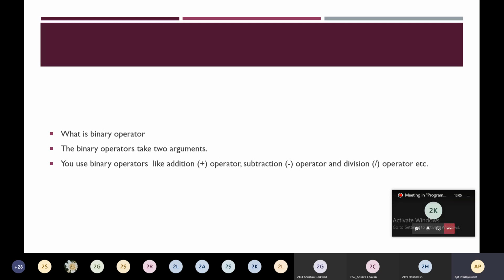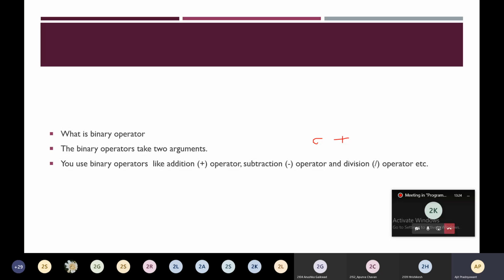So what is a binary operator? Binary operators take two arguments. It will take two operands. For example, plus is a binary operator and it will take two operands.